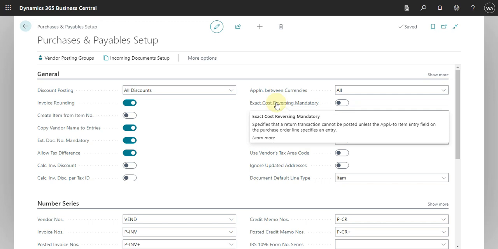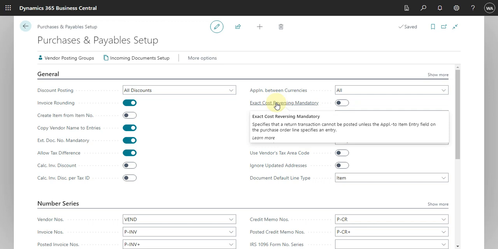This functionality helps you always reverse. That means you will always create the purchase return document or post the purchase credit memo with the same value as the original document. So this is a good functionality in terms of cost, because